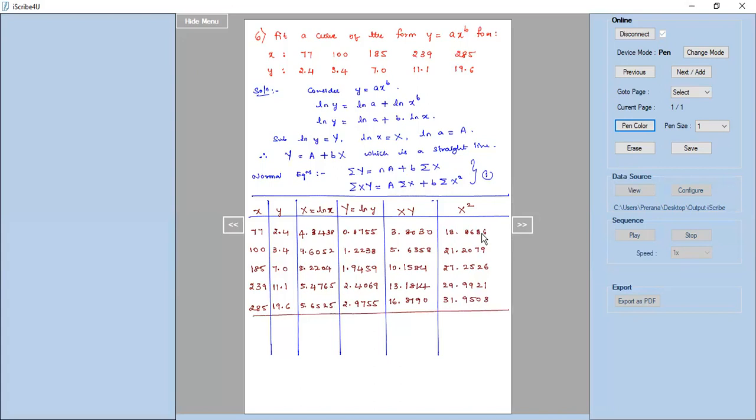Now we need to sum up these values and write down. So summation capital X gives us 25.2984. Summation capital Y gives us 9.4276. Summation capital X into Y gives us 49.5976. Summation capital X square gives 129.272. You can verify these values from the calculator. Here there are 5 sets of data given for us, so we will substitute all these summations and n is equal to 5 into equation 1.